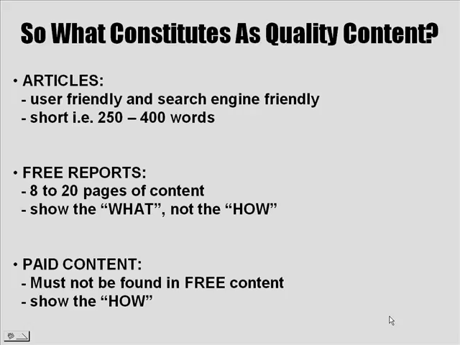Now as for paid content, and we're talking about paid information products, this is another popular thing to do with content, because for infopreneurs and information marketers, it is almost inevitable that you're going to be in the business of selling digital products. So whether you're selling an ebook, an audio video course, or a membership site, you must provide content that is normally not found in free content and show the how to, not the what anymore. Because there's a big distinction between what and how. When people buy information, they want to know how to do a certain thing, not what.